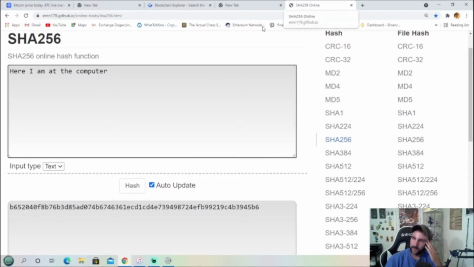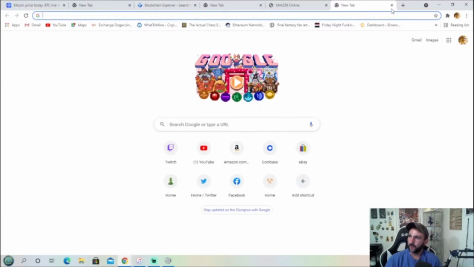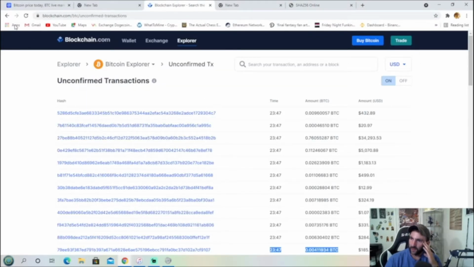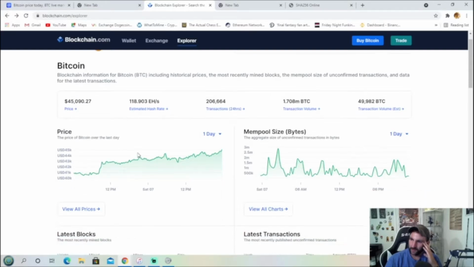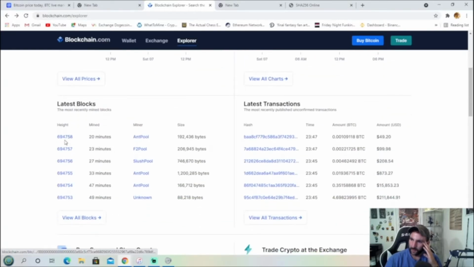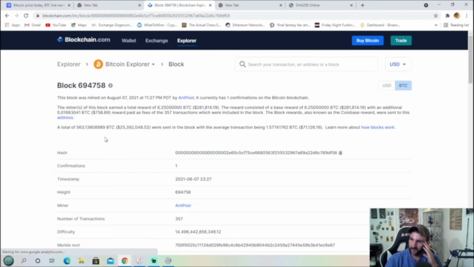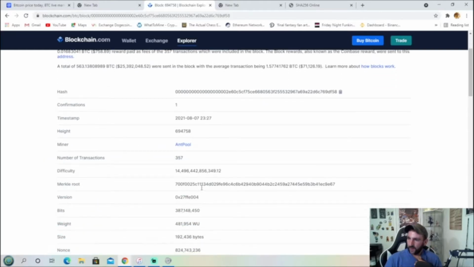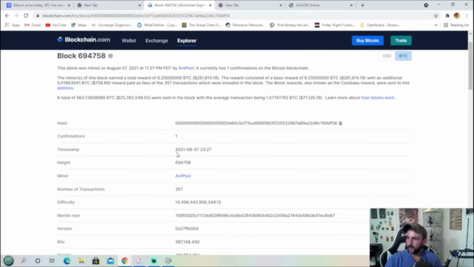And so if you go to, where was I at? Let's do the latest transaction. Well, this is the newest block. So the Merkle root, yeah. The hash for